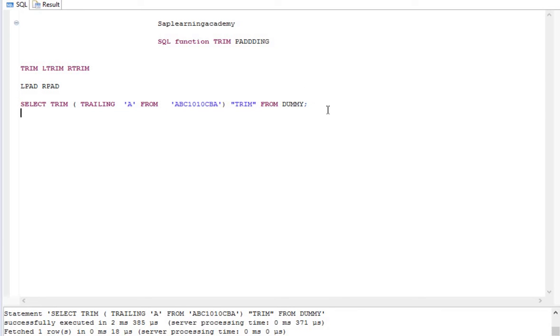What padding does is the opposite of what trim does. It is going to add a value or character into your string. Suppose you are mapping with a table where you need 10 characters, but your value has only 5 characters, and you want to add some zeros or some other value to your string. You can do that with the padding function. Let me give an example so that you can easily understand.